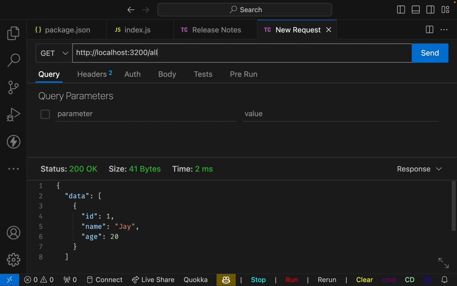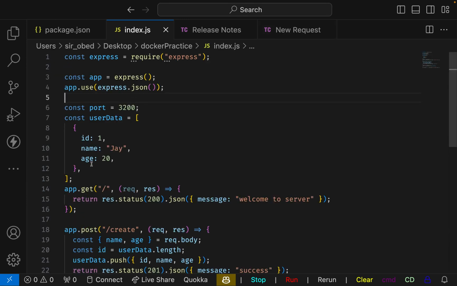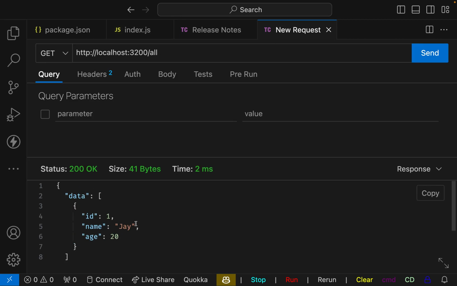a record. And once I try to send this, we currently have just one user within our database, which was the user I had coded. If you check right here, this is the user I had coded. So if we try to just get all the users this time around, we have just one user and no more records. So let me add a new user this time around